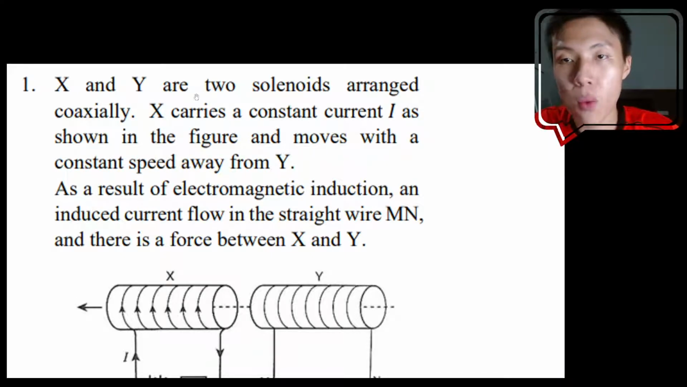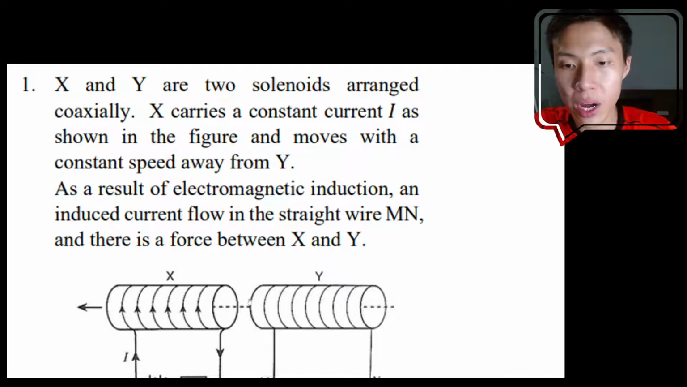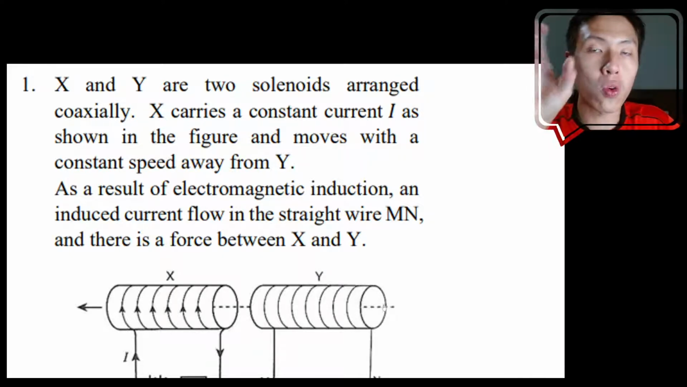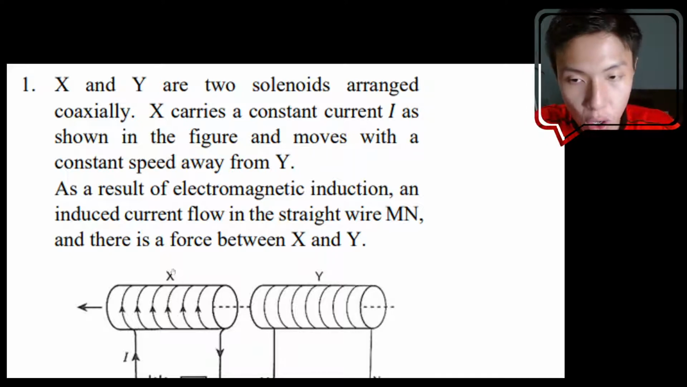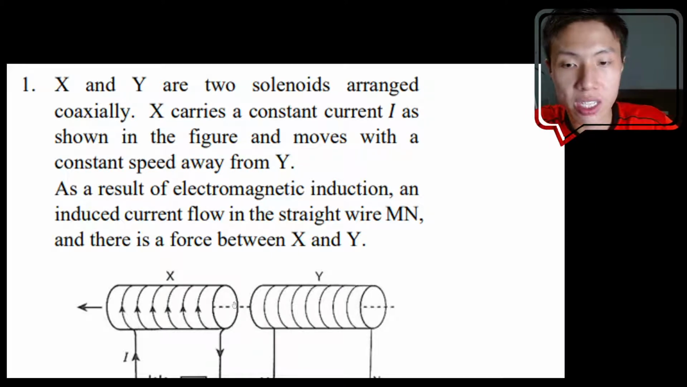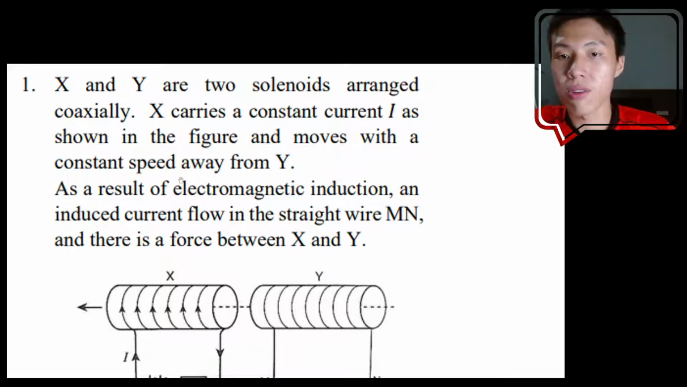X and Y are two solenoids arranged coaxially. When we say coaxially, it means solenoid X and solenoid Y share the same axis. Co means share, axial means axis. So you can see coil X and coil Y share the same axis. X carries a constant current I, as shown in the figure, and moves with a constant speed away